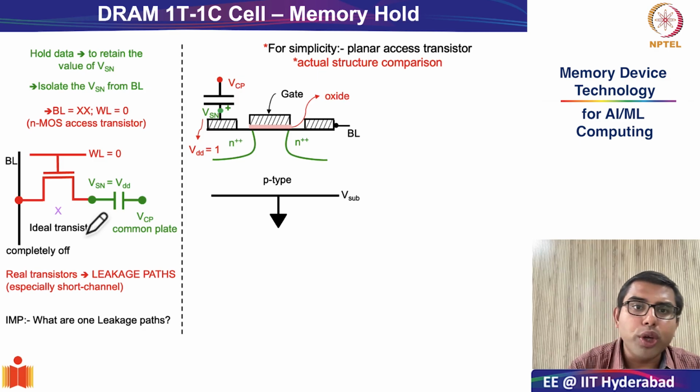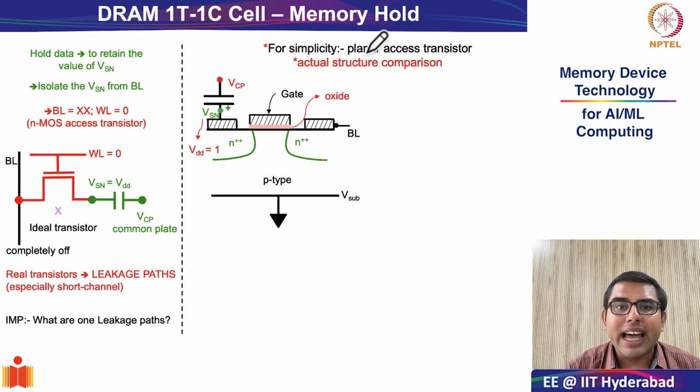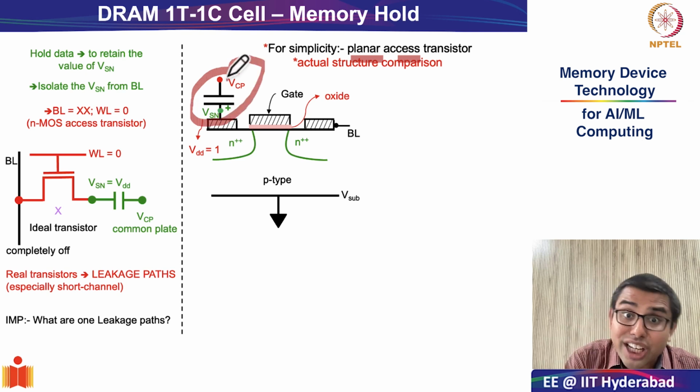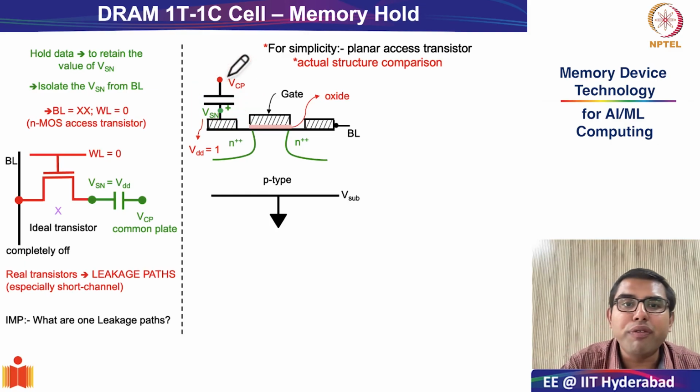So in front of you, for simplicity's sake, I have placed a planar access transistor and a simple storage node. Remember, this is not the actual representation on a fabricated chip. We saw in the previous slide that the transistor is actually very small and the storage capacitor is very large. But for the sake of understanding just the leakage paths, it might be more valuable to represent it like this for the time being. So the question that I want to ask you, from your knowledge of semiconductor devices, is can you start